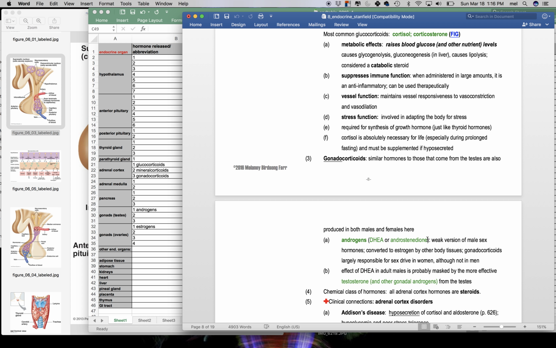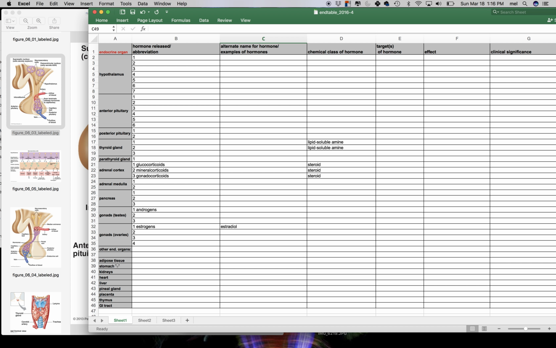Okay, now if it doesn't make sense, then you get it as close as you can. And then as we go through this, you correct whatever needs correcting instead of having to fill in the whole thing after spring break. Okay, these down here, you are not responsible for yet. It's a placeholder because we're going to talk about quite a few of those as we finish the semester, except for the one that we did in the last set of notes, which this would be the one from the